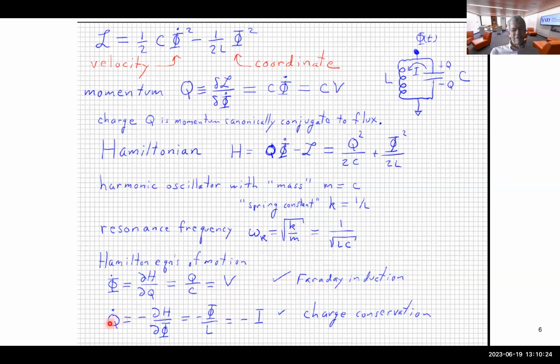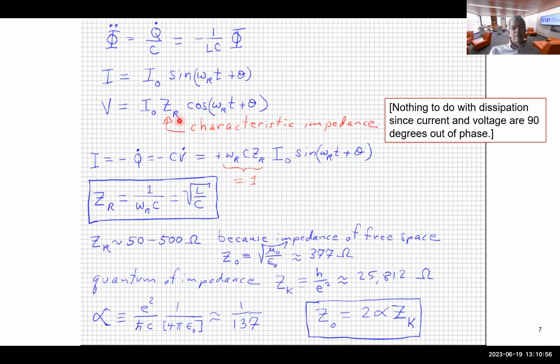And the time rate of change of momentum is the force, minus dH d phi, the gradient of the potential. And that's minus I. That's charge conservation, because if the current is positive, then Q must be decreasing, because positive charge is leaving this plate and going with the current that way. Okay, so that all makes sense. Here's Newton's equation of motion, and the solution gives